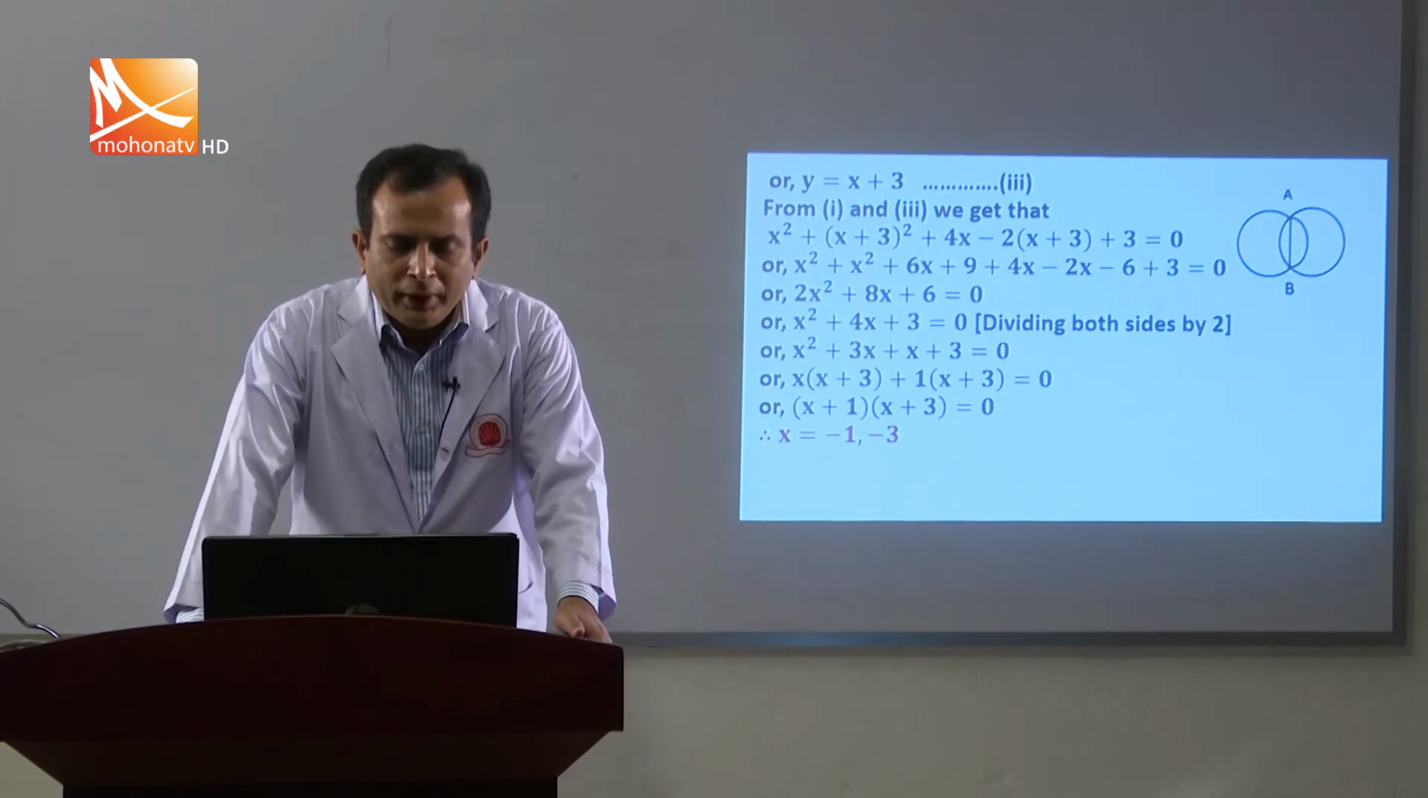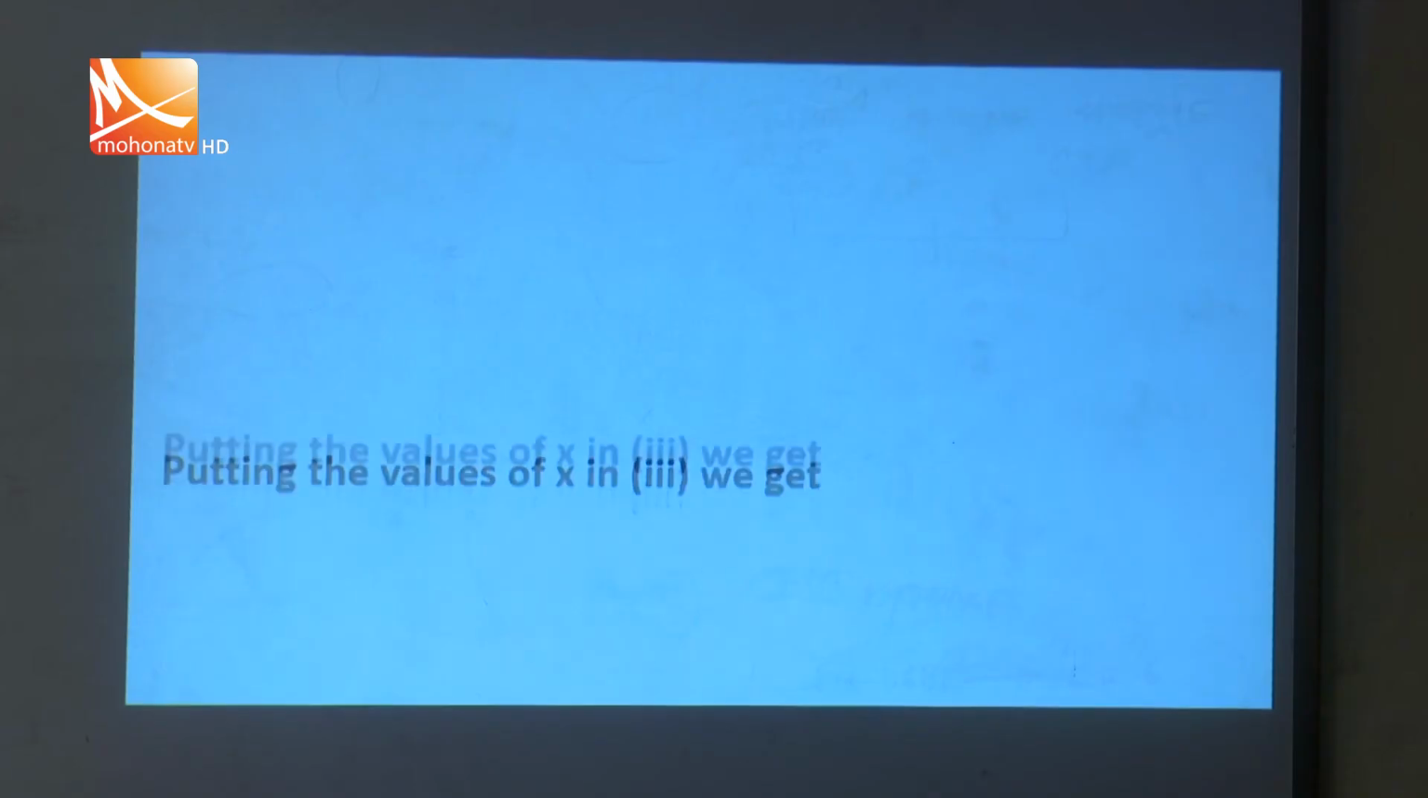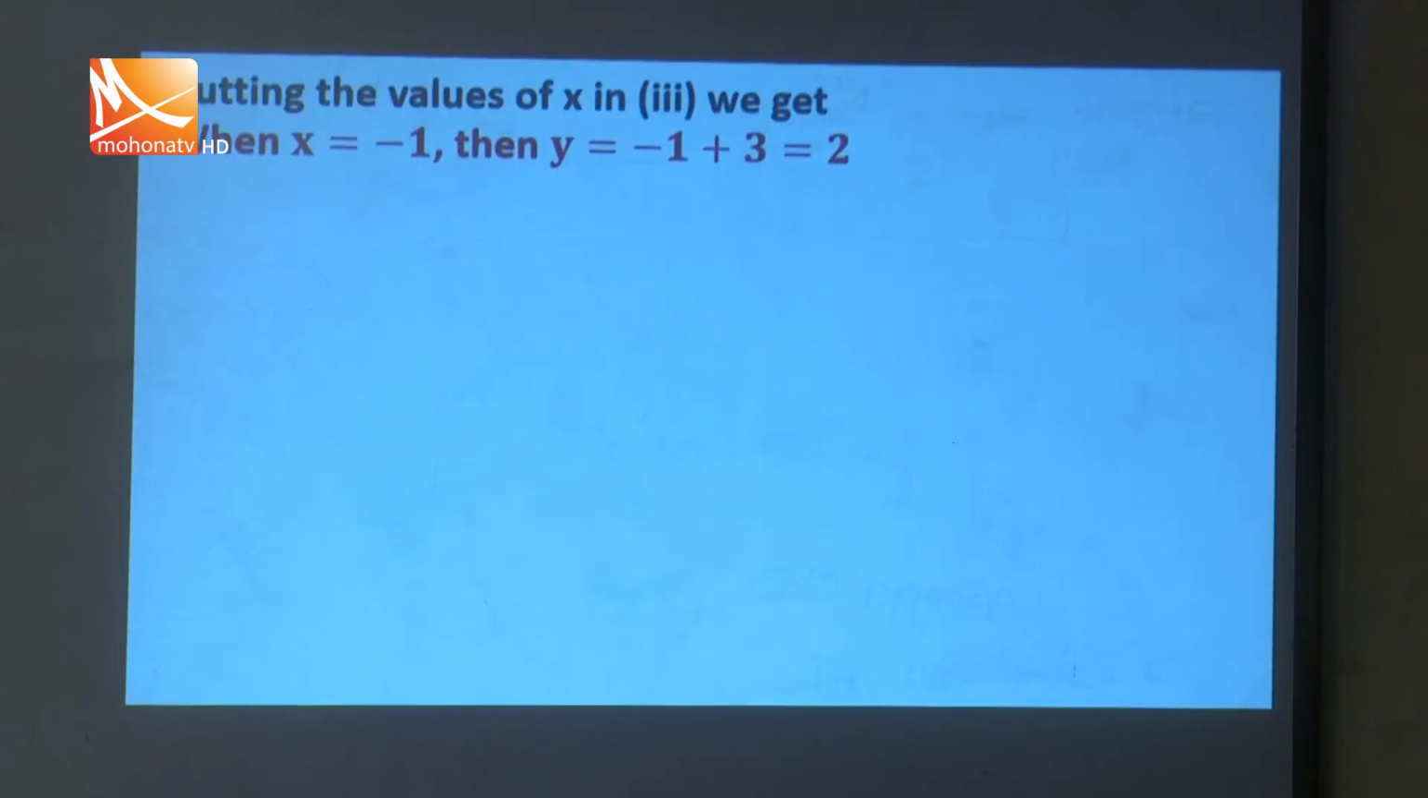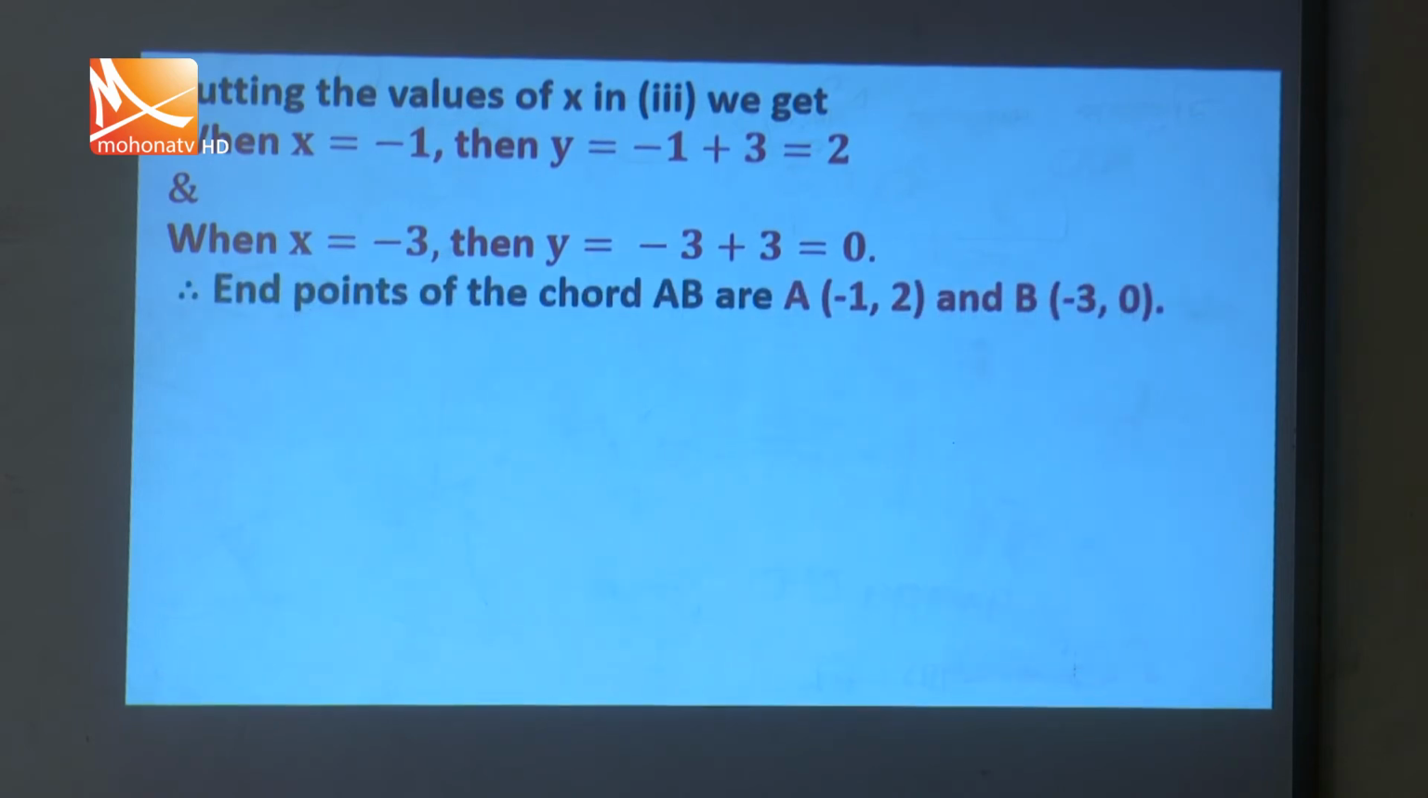If we put the values of x in 3, then we get: when x equals minus 1, then y equals x plus 3, it will be minus 1 plus 3 equals 2, and when x equals minus 3, then y equals x plus 3, that is minus 3 plus 3 equals 0. So the end points of the chord AB are A minus 1 comma 2 and B minus 3 comma 0,